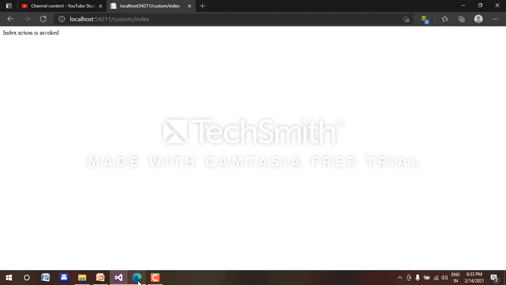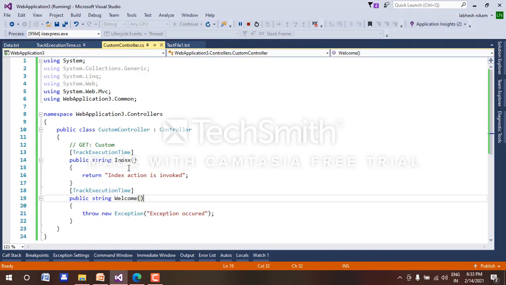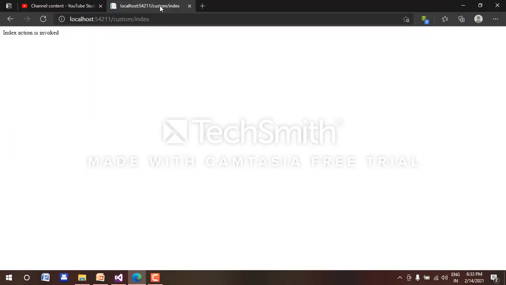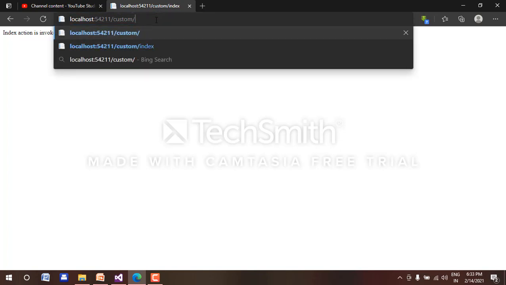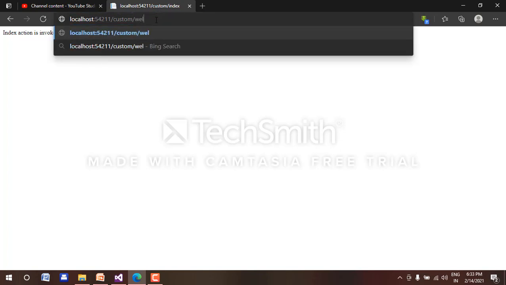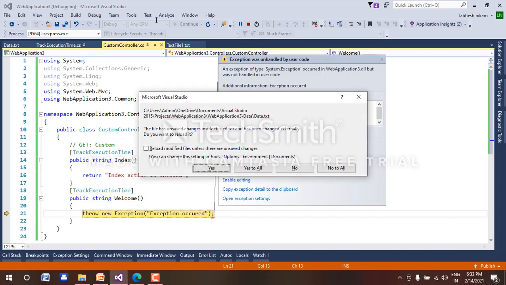Now again go to the browser and let's check this controller's action, the welcome method. Okay, the welcome method is for exception filter execution. So in place of index write welcome and run it.